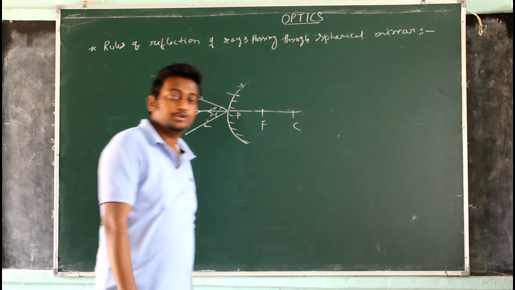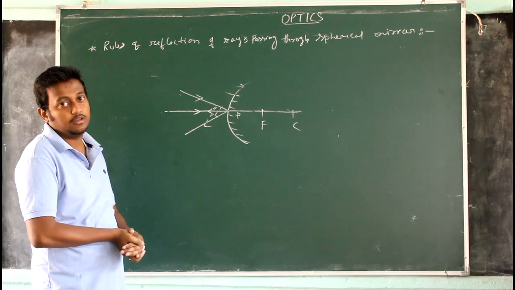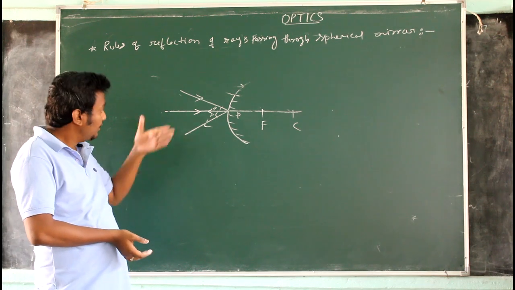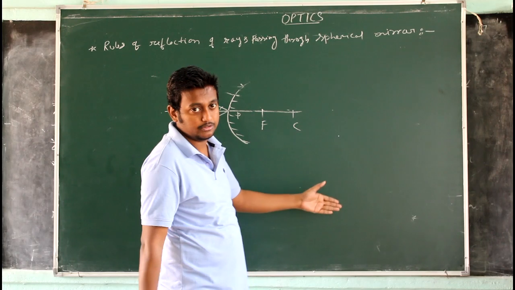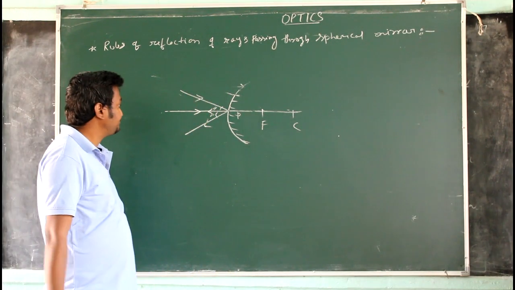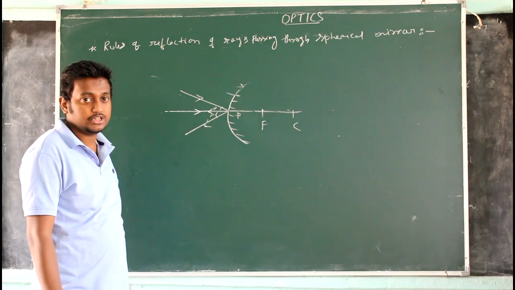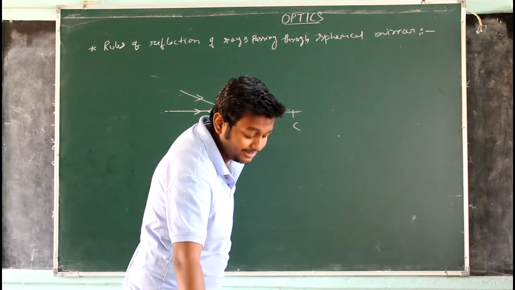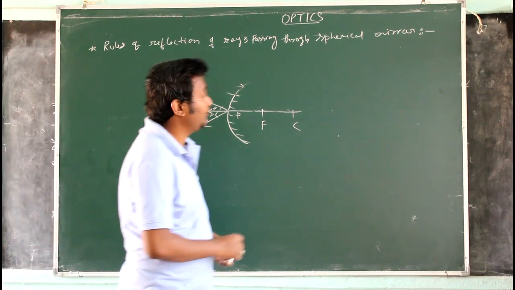By using these rules, we will draw different ray diagrams of the concave mirror by placing the object at different positions, and the image will be formed at different positions. We will draw the pictures later on. So just go through these rules and this same sign convention. Tomorrow in my next lecture, I will derive the mirror formula.